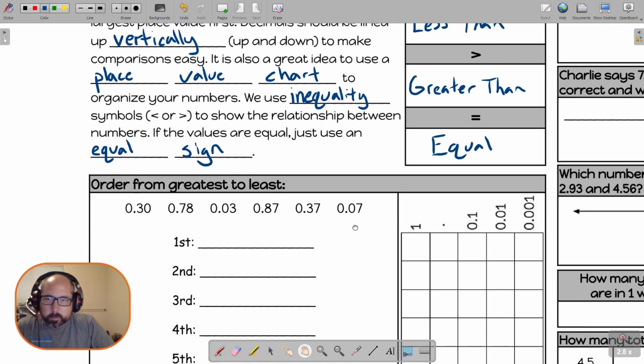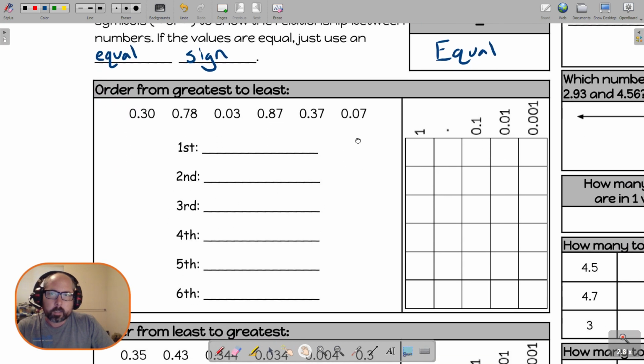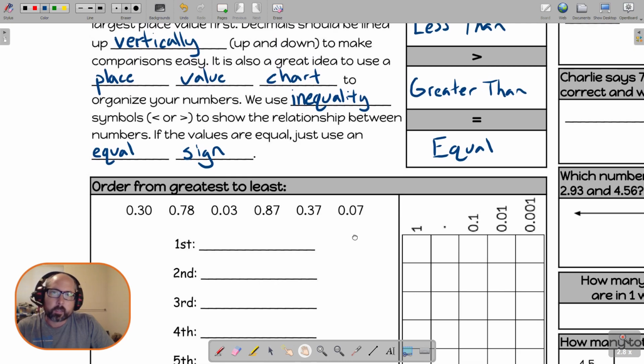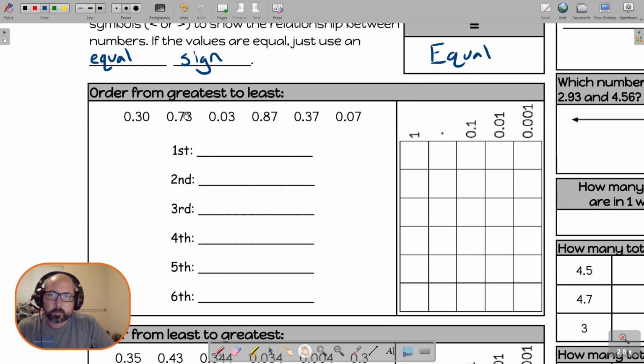All right, let's move on down our page a little bit here. So it told us at the beginning we were going to line things up vertically, and right now these are lined up horizontally. That really doesn't help us much. Now, I've given you a place value chart here. So let's put these numbers on our place value chart. And notice that we have a decimal point in each of these numbers, and there's a whole line taken up for decimal points. I'm going to go ahead and just draw that in, because I know that's where my decimal